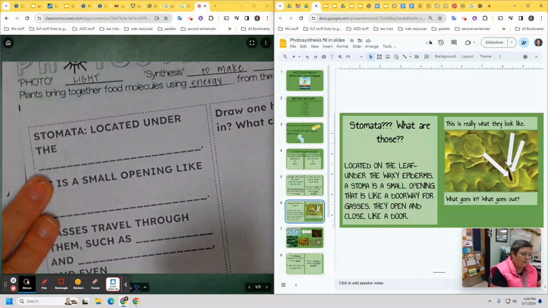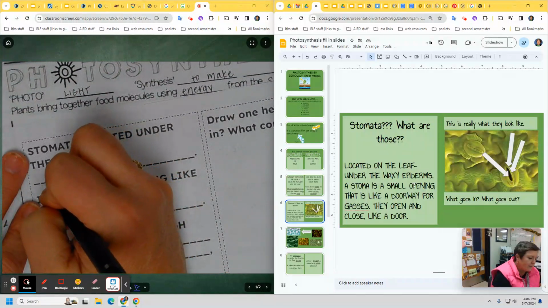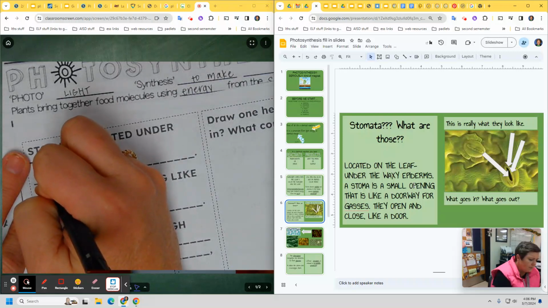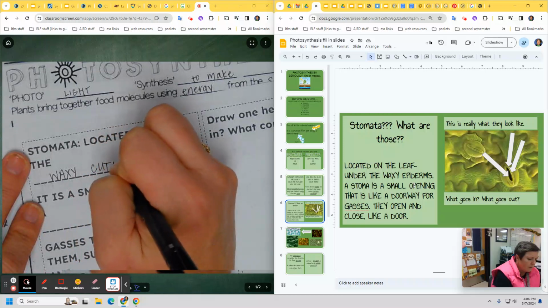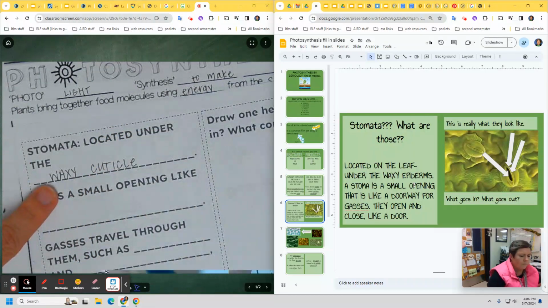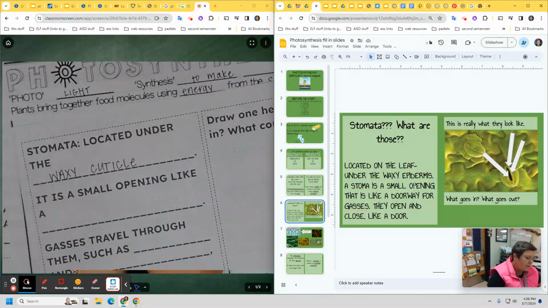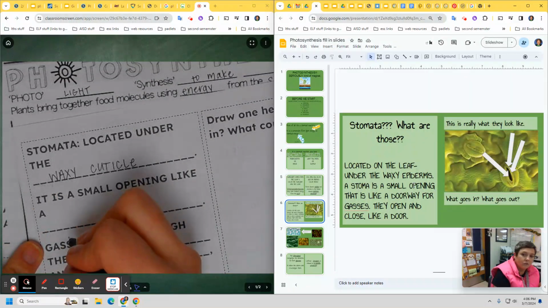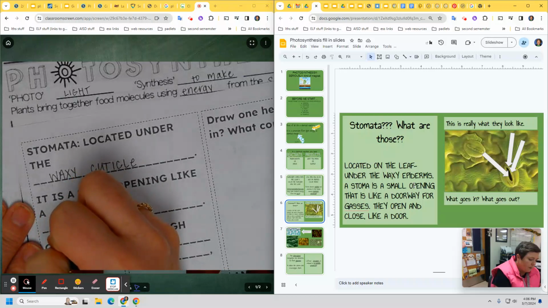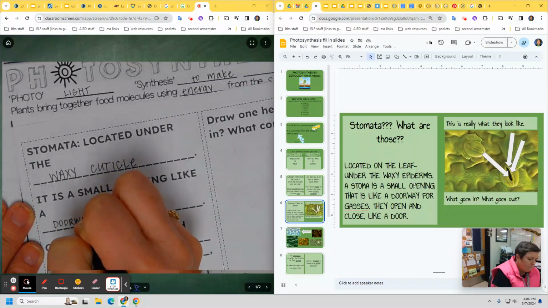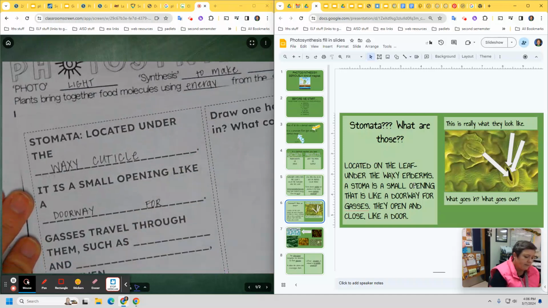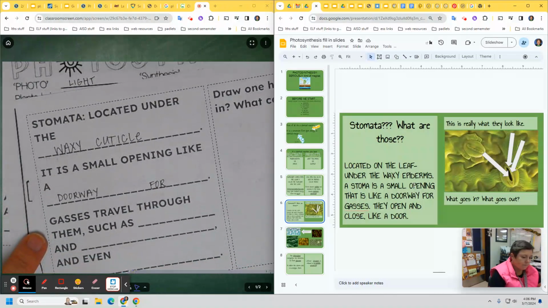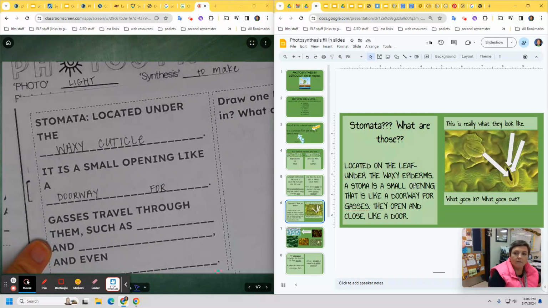Okay, so stomata are located under the waxy cuticle. Right? The cuticle is what's waxy, not the epidermis. I have a typo there. And a stoma, it is a small opening like a doorway or a window for gases. Gases travel through them, such as